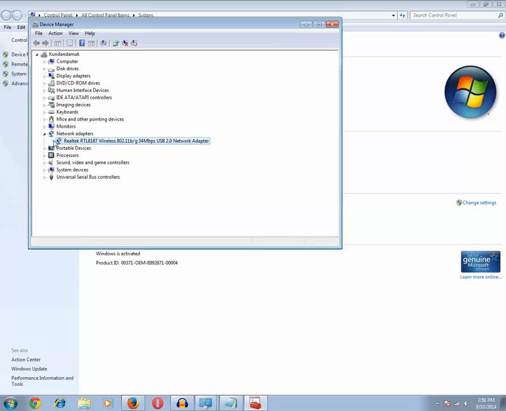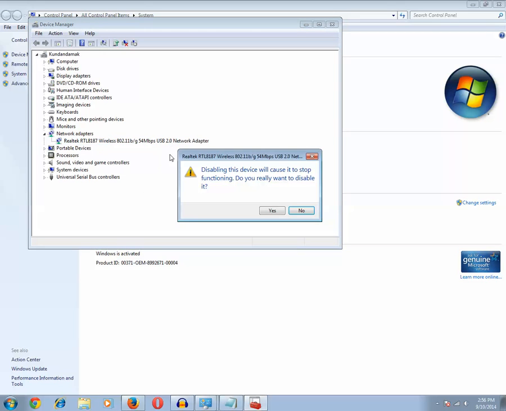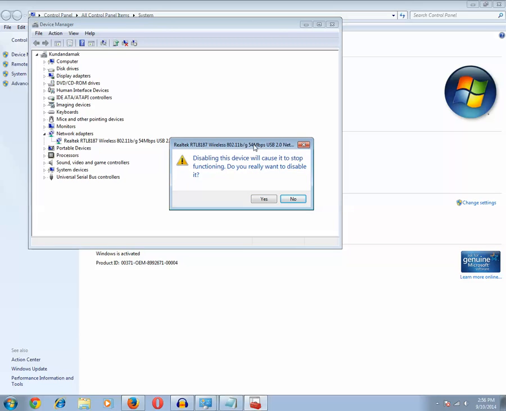Now the fourth step is to check whether this network adapter card is enabled or disabled. In this case it is enabled, but sometimes it may have been disabled, due to which you have a problem with the internet connection. For example, if I right click on this one and click on disable, it shows a message that disabling will cause an internet connection issue. So if I click on the yes button,